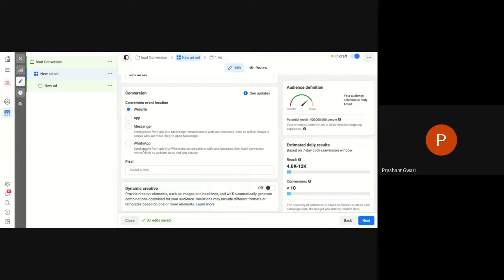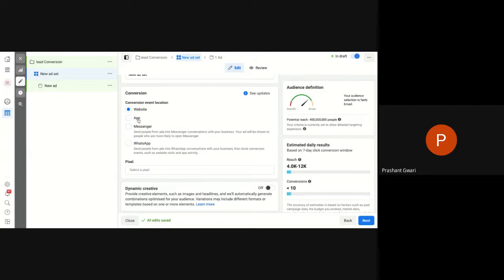For example, if someone messages you on WhatsApp, Facebook will count it as one conversion, because your goal was receiving WhatsApp messages. If the goal was receiving Facebook messages and someone messages you, you will get one conversion if you choose this option. But we want them to visit our website and fill in the lead generation form. So I will choose the website option.